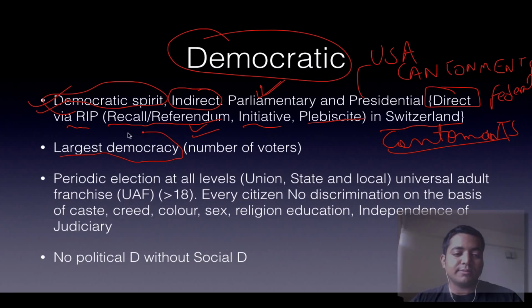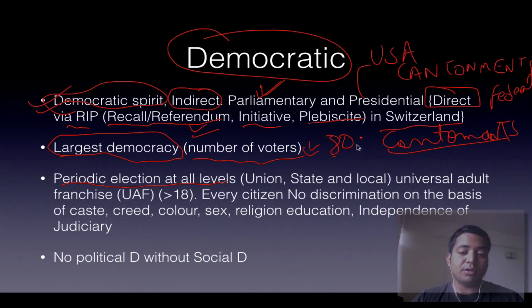So we are the largest democracy. Why? Because the number of voters is the highest in India. We have approximately 80 crore eligible for voting. Then periodic elections at all levels, that is union, state as well as local. Local means panchayats and municipalities. Then we have universal adult franchise, that is above 18, all citizens, if they are not specially disbarred from voting. There cannot be discrimination on the basis of caste, creed, color, sex,